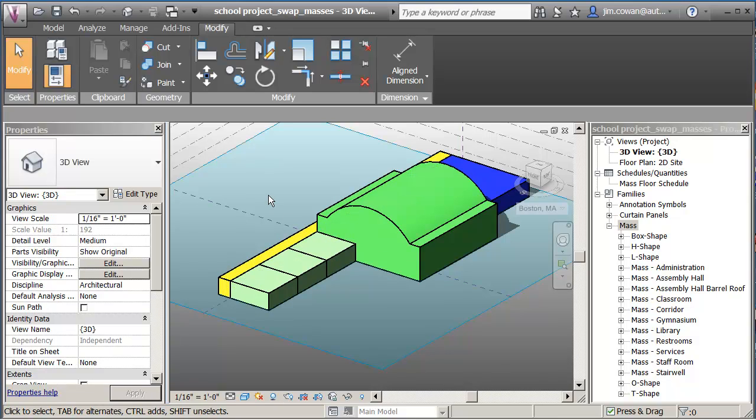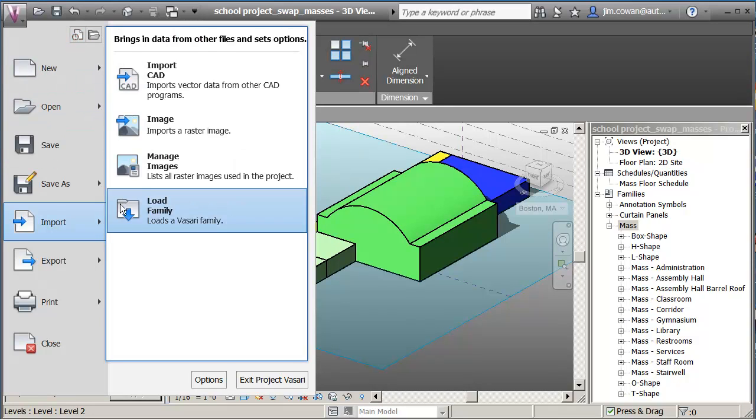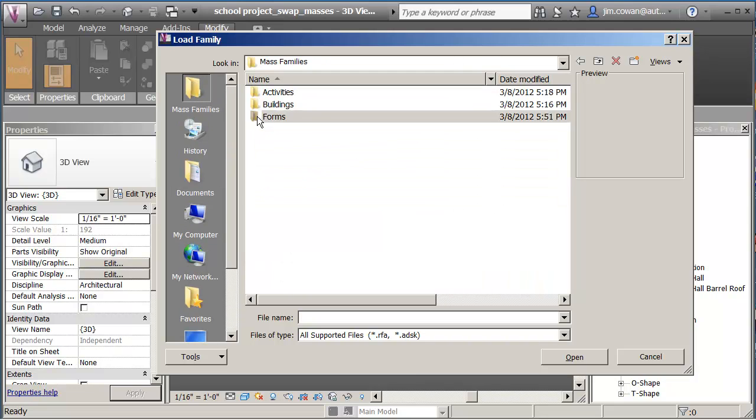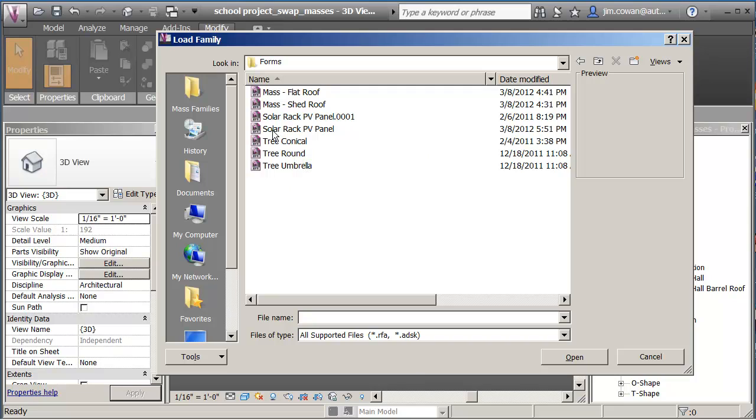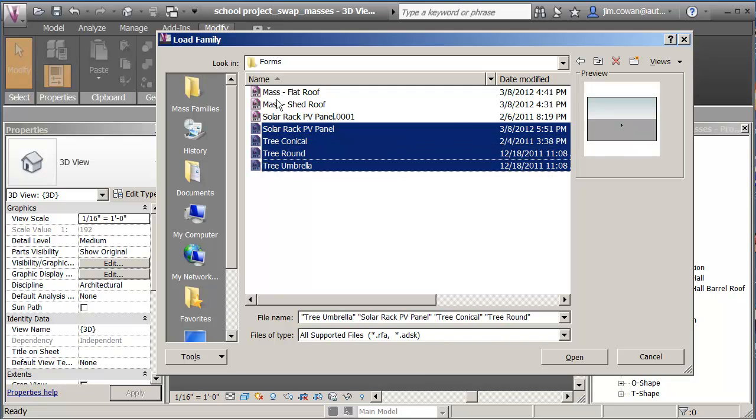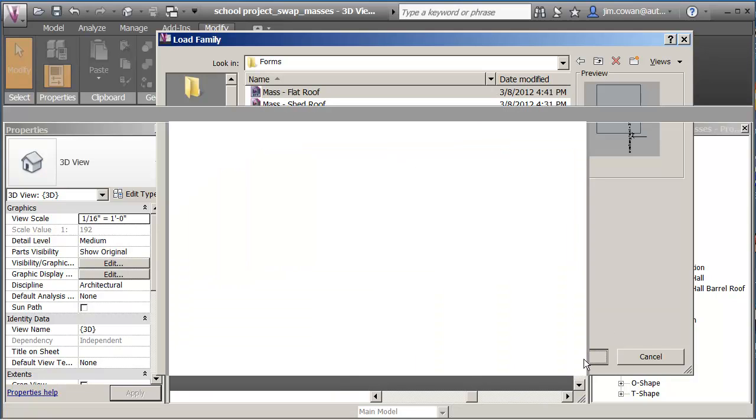I can use them for anything I want, but the example I want to show you is if I say, let's import a family, and I'm going to go back to my folder and look at forms. Right? So I could be thinking about solar panels. I could be thinking about trees in different forms. I could be thinking about other building components like stairwells or roofs, things like that. And what I'm going to do is bring them all in just to use them as an example of how you might